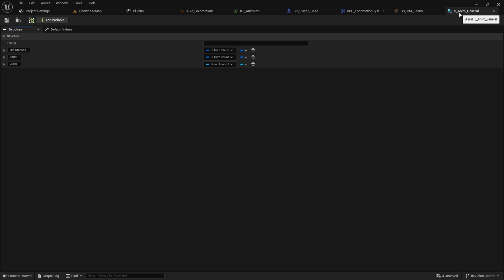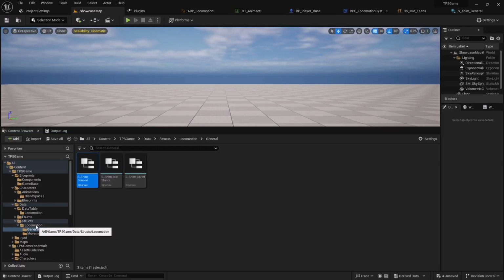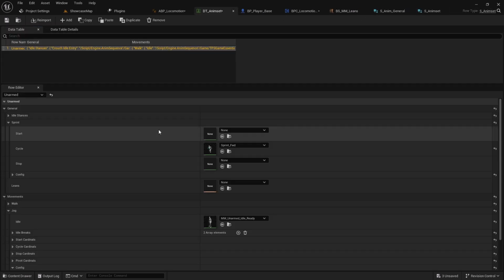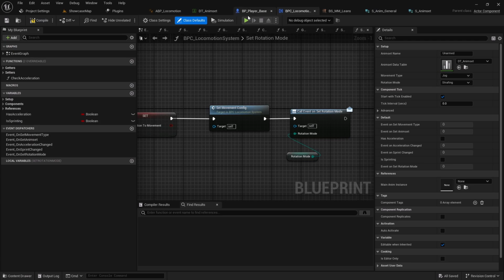Now since this is a data structure change, make sure you are properly recompiling the appropriate data structures. Since we manipulated this data structure, the next parent we should compile is this one, right? So it's good to go. And then go to the data table and save it, and finally save all, right? And if I go to the PPC location system and compile it again, now there are no structural